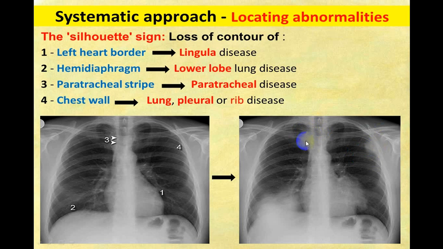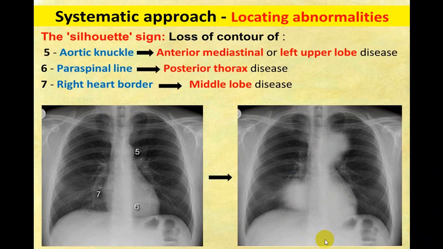This may be malignancy, maybe a secondary metastasis, or maybe a thymus gland, anything in the superior mediastinum. But this is most likely to be secondary metastasis or a lymph node enlargement, which may be due to either malignancy or maybe even lymphomas. So this will be the way you will try to interpret. So you've got areas 1, 2, 3 and 4 where there is a silhouette sign. So try to look properly. You will be able to identify the silhouette sign and it will give you an idea where exactly the lesion is.